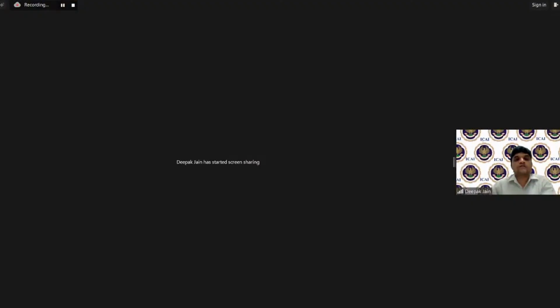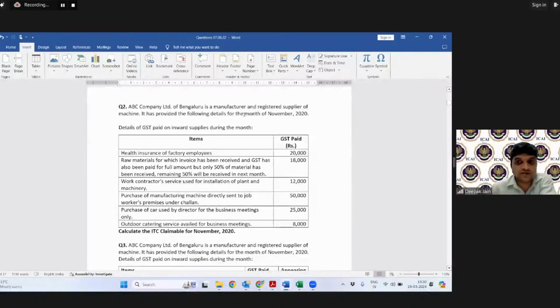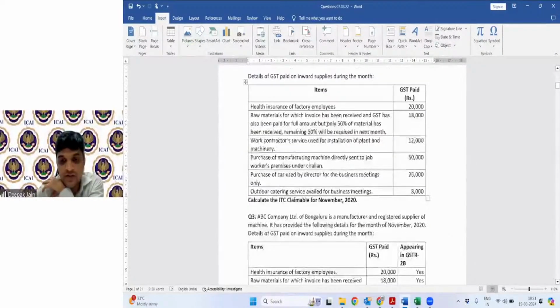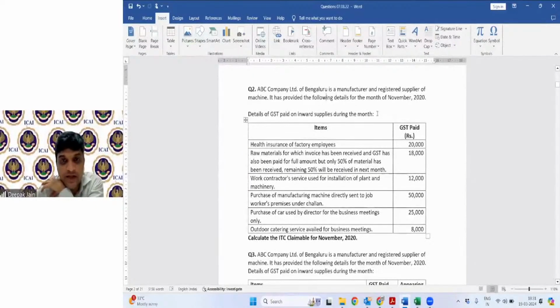ABC Company Limited of Bengaluru is a manufacturer and registered supplier of machinery. It has provided the following details for the month of November 2020. These are the details of GST paid on inward supplies during the month. I'll just share the screen. Details of GST paid on inward supplies during the month: health insurance of factory employees,